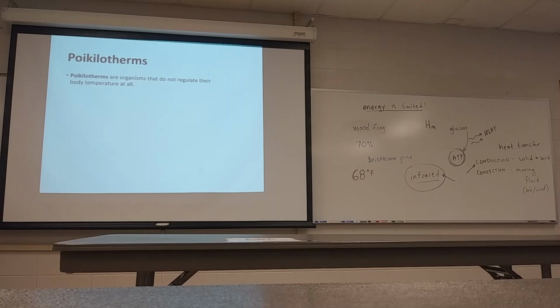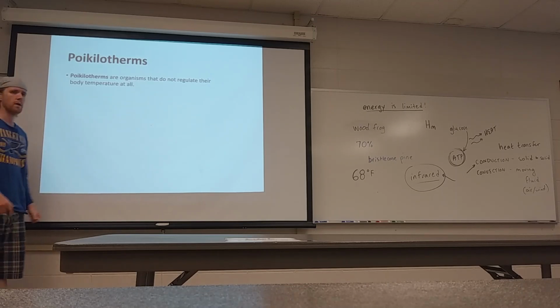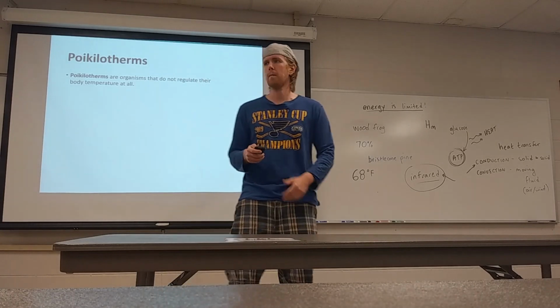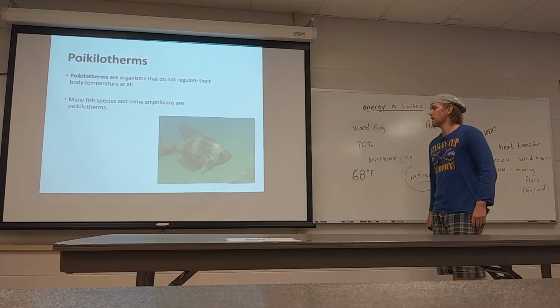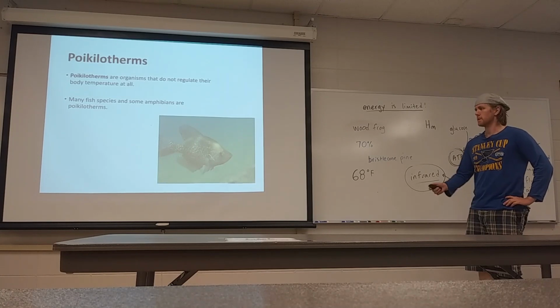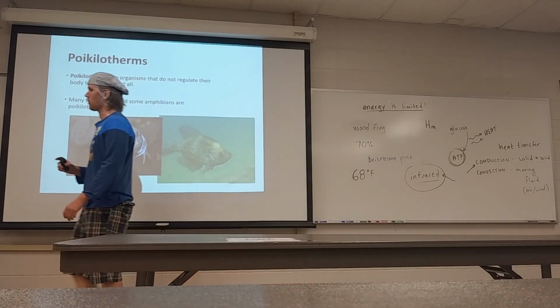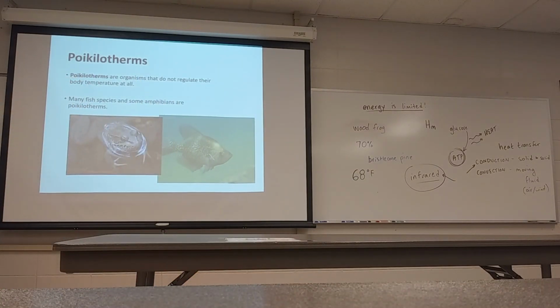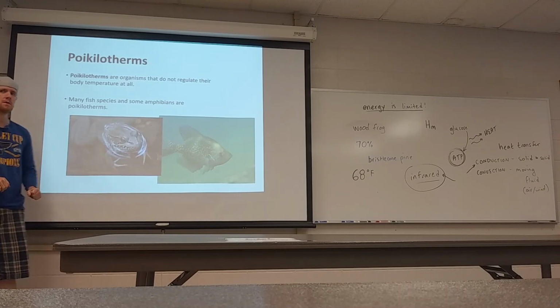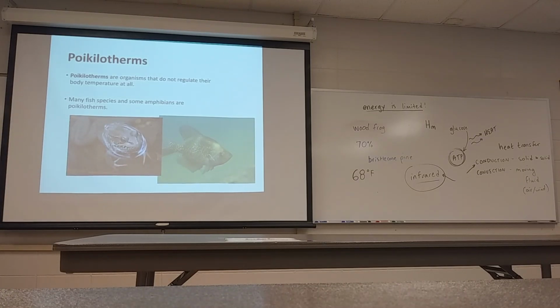Some organisms don't regulate their body temperature at all. They don't have to go out and find a source of heat to warm them up. They match what's around them. Many fish species, like this crappie here, fall into that category, as do certain frog species, like this green frog. It's called a green frog, even though this one happens to be brown. And so these guys are adapted to a wide range of temperatures because you have to be if you're not trying to actively regulate that temperature. So poikilotherms do not regulate their body temperature.